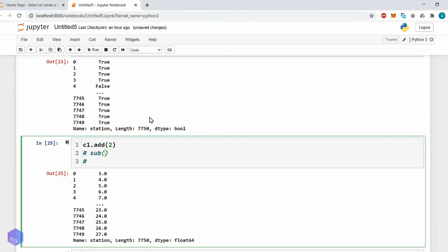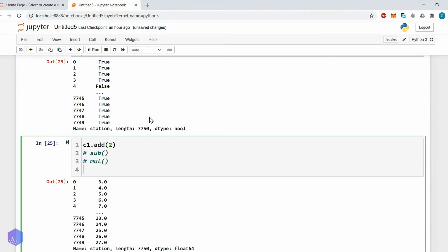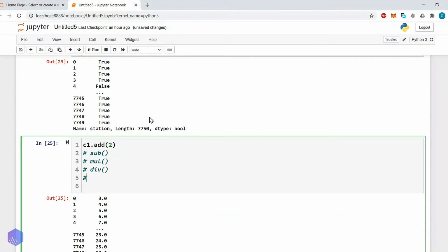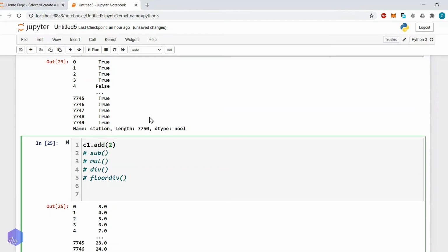And then there is multiplication, so it will multiply the particular row. Then division is there. After division there is a floor division. After floor division there is a mod operation.